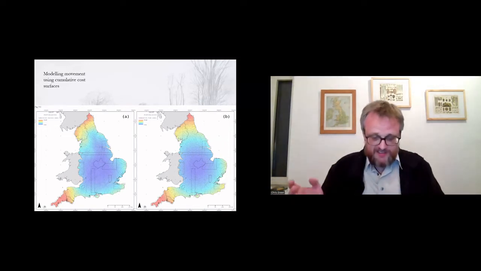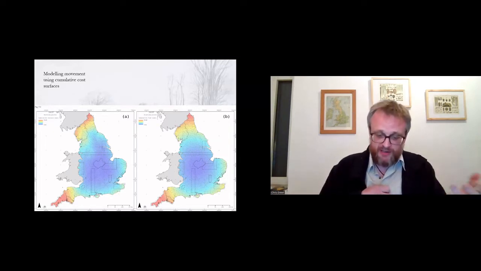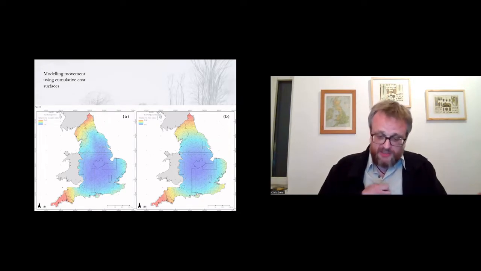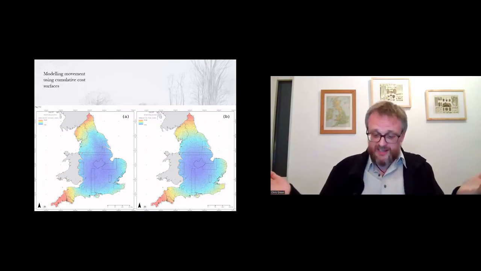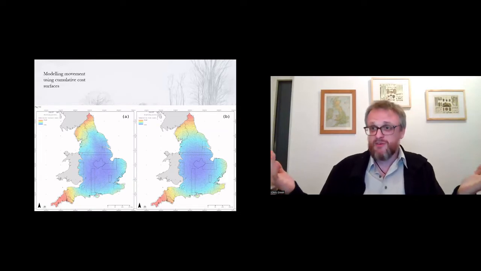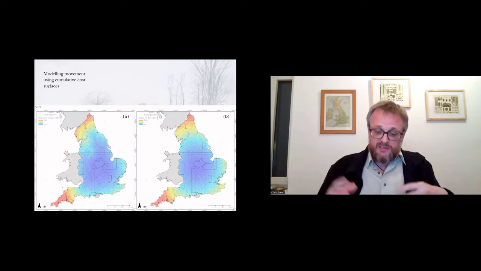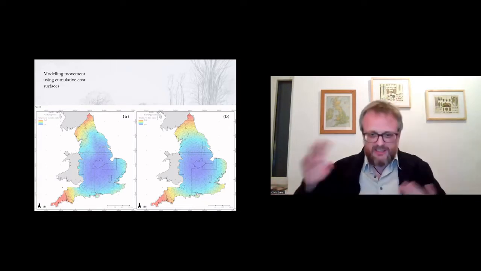Okay, so least cost paths, as I said, provide a single route from one point to another, but the underlying cost surface used to generate them also contains a wealth of useful data. People don't always travel by the cheapest route available to them in terms of energy, and assessing the cheapest route on the ground when walking isn't often easy. When one looks at a hill, can one immediately tell what route up is easiest? Maybe if you're a very experienced hill walker, but I don't think most of us can. As such, assessing tendencies using surfaces rather than specific routes can be more interpretatively useful, if less initially straightforward to